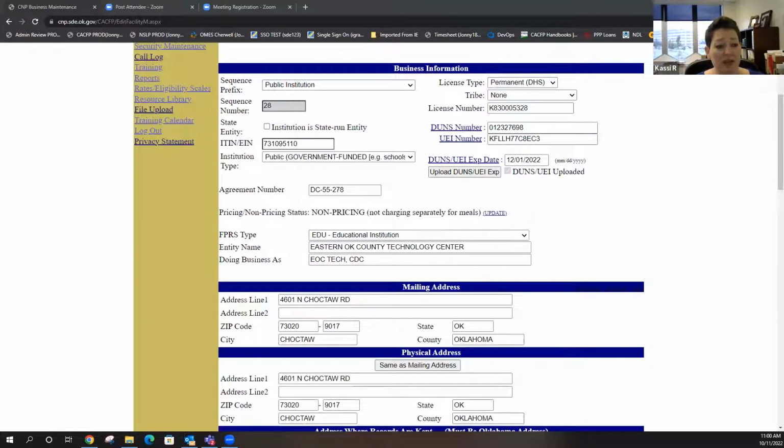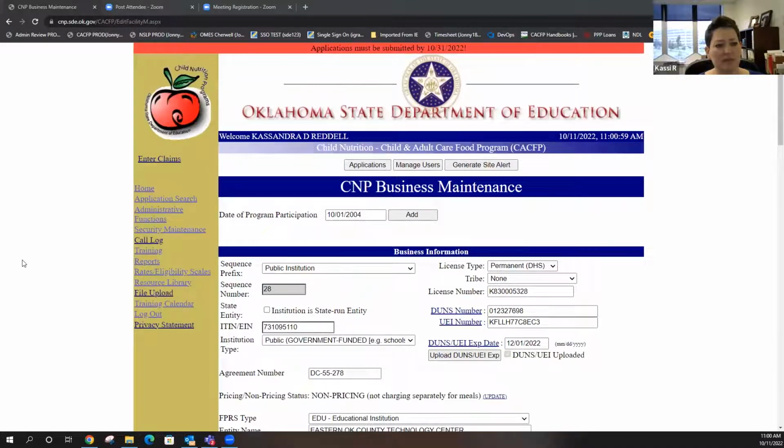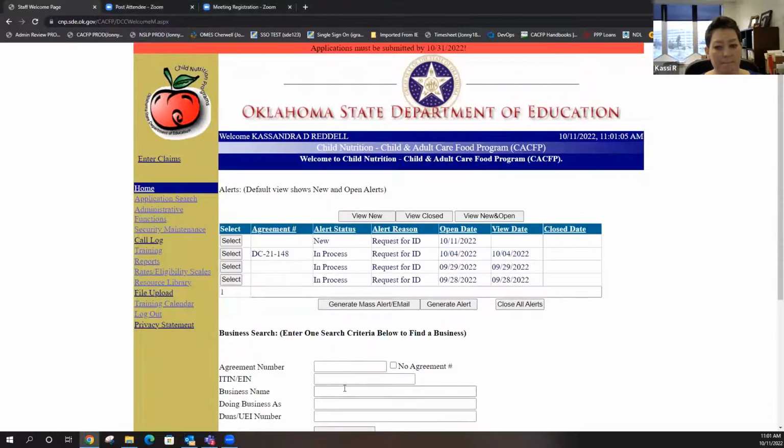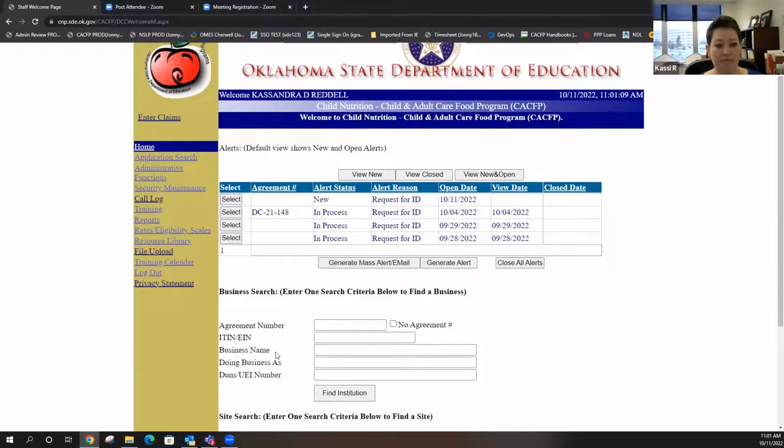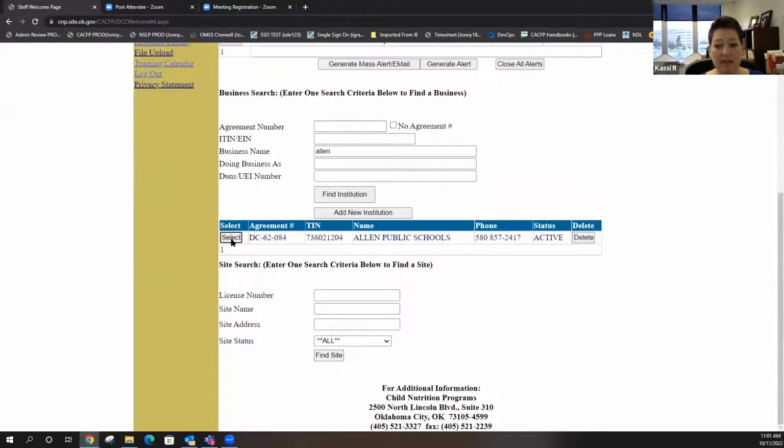When you get on your application and I type things, it doesn't show. So until you save it, Candace, who are you with? And I'll go look it up. Okay, I thought you were with the school. It might just be a glitch.